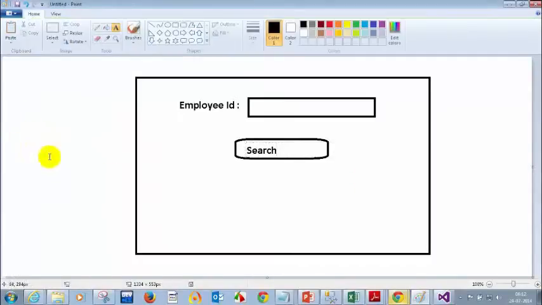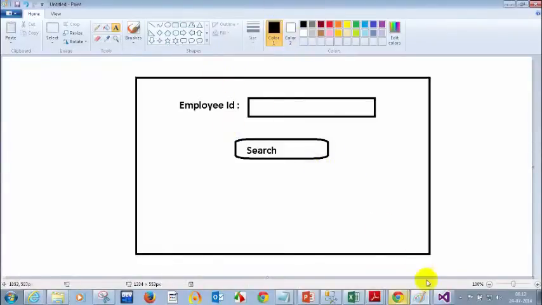So when I enter an employee ID and click on search, the details of that employee should come below. Is that correct, Ravi? Yeah, that is right. Okay.